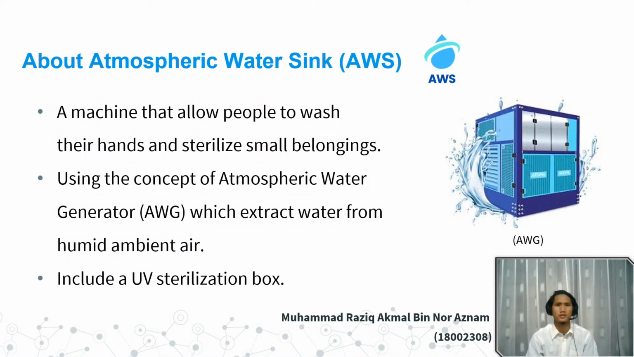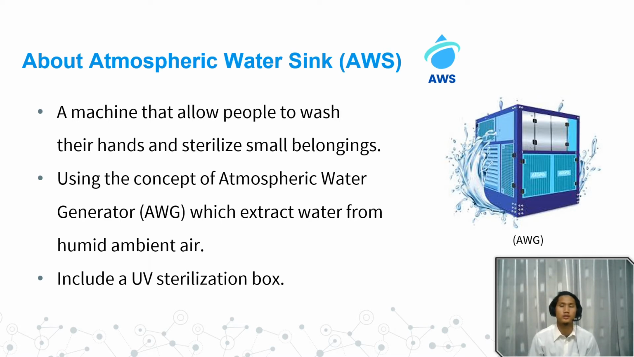This is a brief explanation about the atmospheric water sink. The atmospheric water sink is a machine that is being made to allow people to wash their hands and sterilize their small belongings. The idea behind this project is to promote good hygiene habits among the citizens. The atmospheric water sink uses the concept of an atmospheric water generator, which extracts water from the humid ambient air as the water source. We also add another feature to our project, which is the UV sterilizer box. The UV sterilizer box will function as a device to sterilize personal belongings such as our handphone, key, wallet and